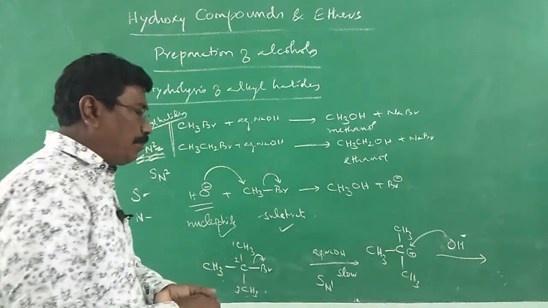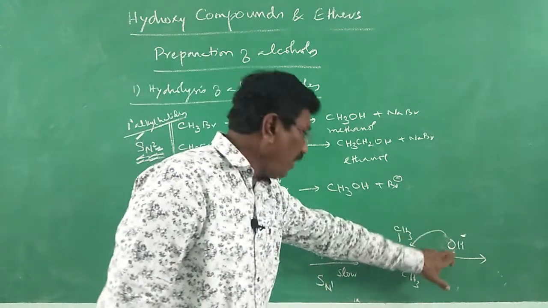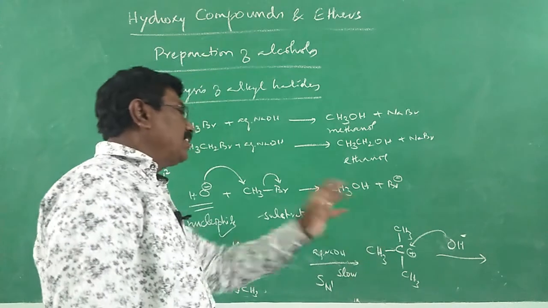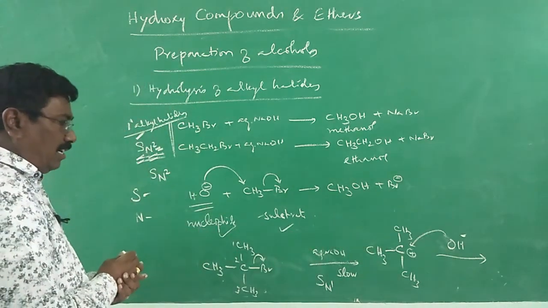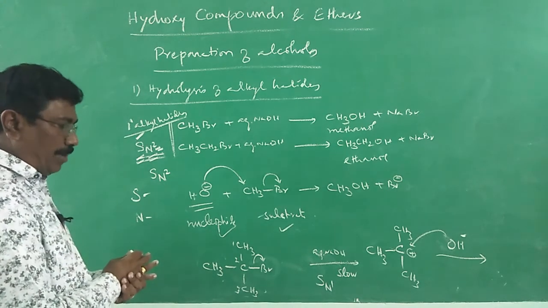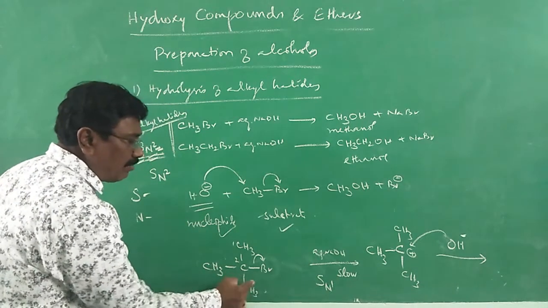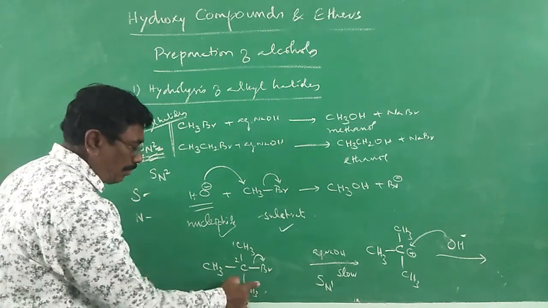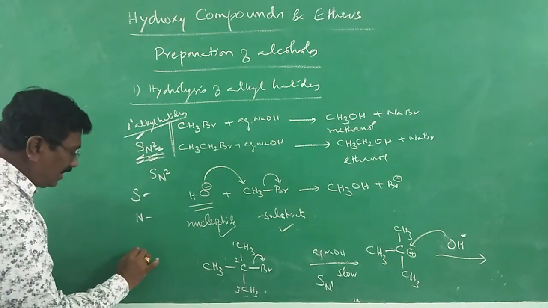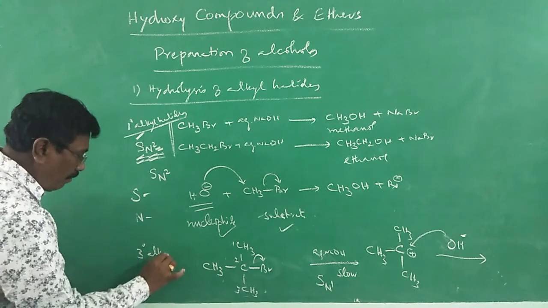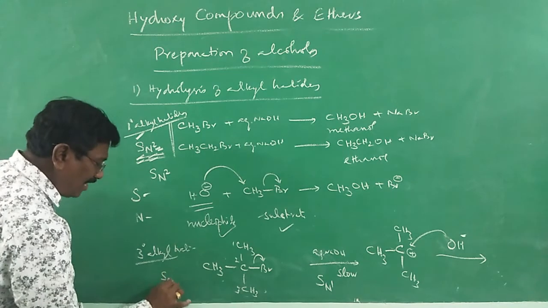After the formation of the carbocation, immediately the nucleophile attacks. Therefore the nucleophile is substituting, but not because of the approach of the nucleophile; beforehand itself it is becoming a carbocation, and therefore it is said to be unimolecular. Only one molecule is involved in the rate determining step or slow step. Therefore tertiary alkyl halides undergo SN1. Very simple concept.